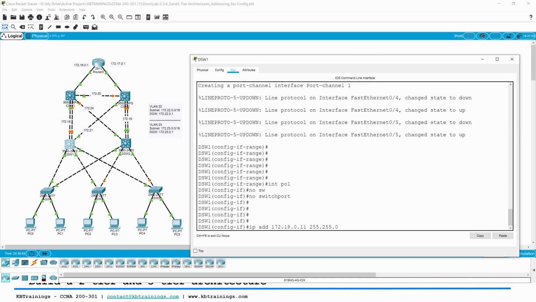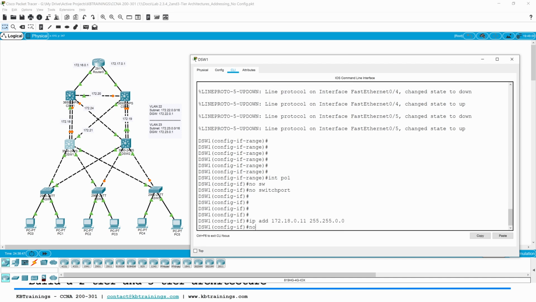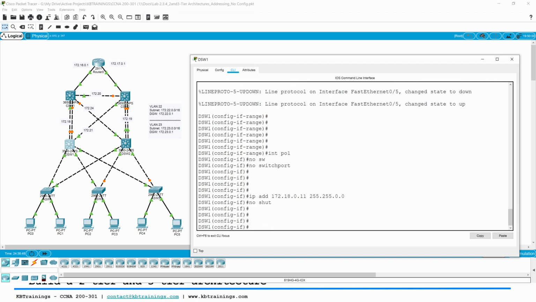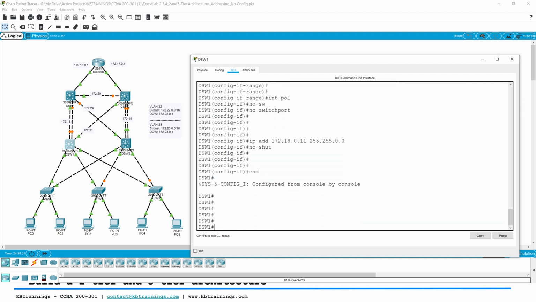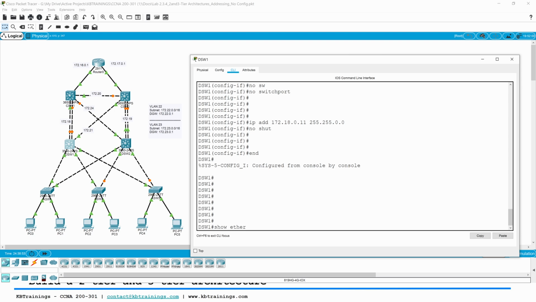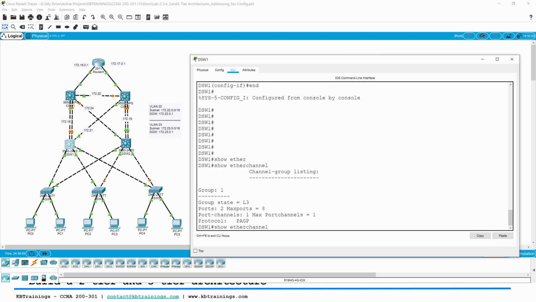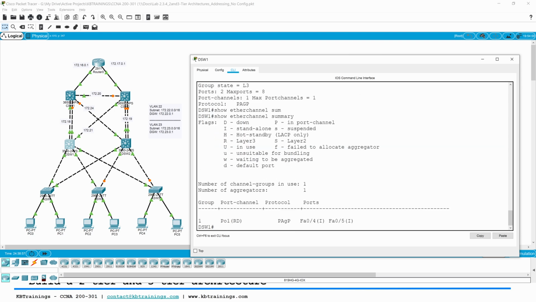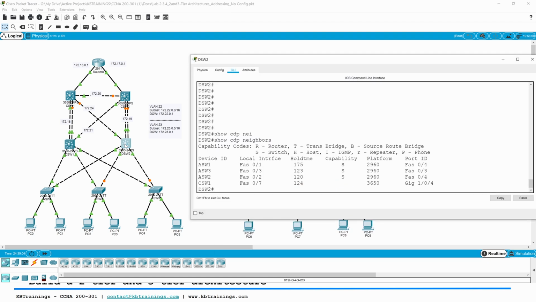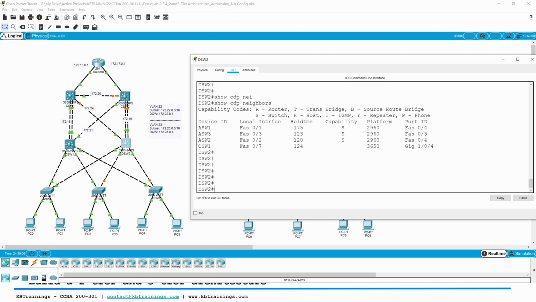and the mask is /16. Do a no shut, and I can verify with show etherchannel summary. Okay, we have one down. We're going to bring it up. I think we need to do it on the other side as well. That's fine. Okay, so if I go on the DSW2,